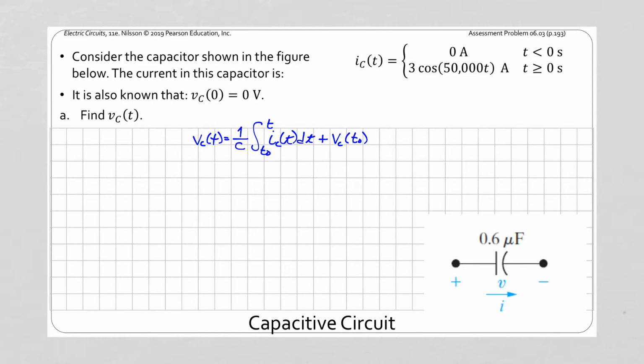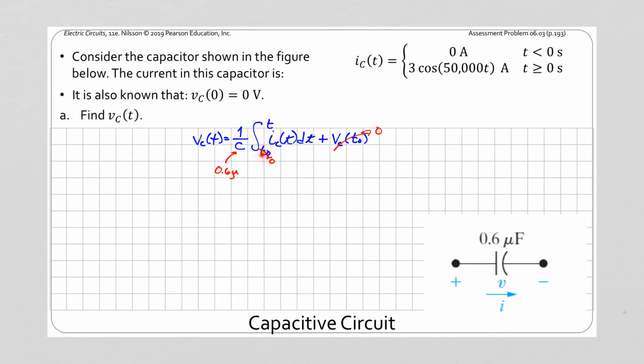In this case, the capacitance C is a fixed value. That's something that depends on the fundamentals of the capacitor, and that's given. This value right here is 0.6 microfarads. Also, we need a starting point, we need a time, and we need to know the voltage at that time. In this case, we're told that when t equals 0, we know what the voltage is at that point in time, and this is 0 as well, so we can plug in those values. If we are integrating from 0 onwards to some later arbitrary time t,